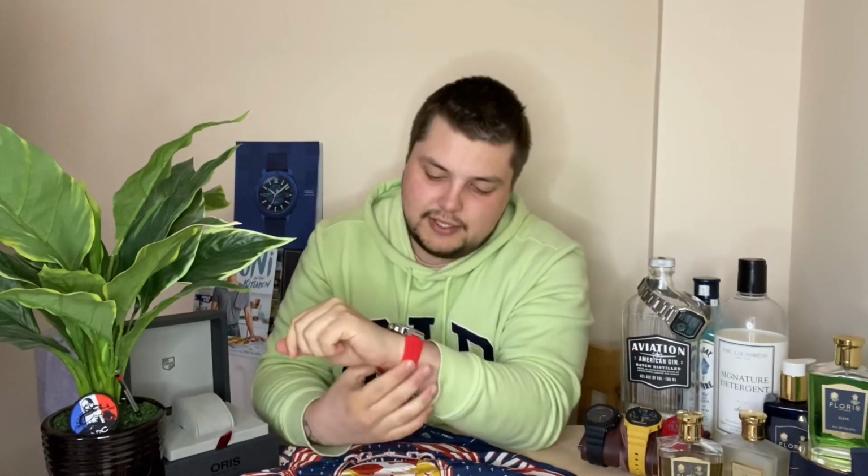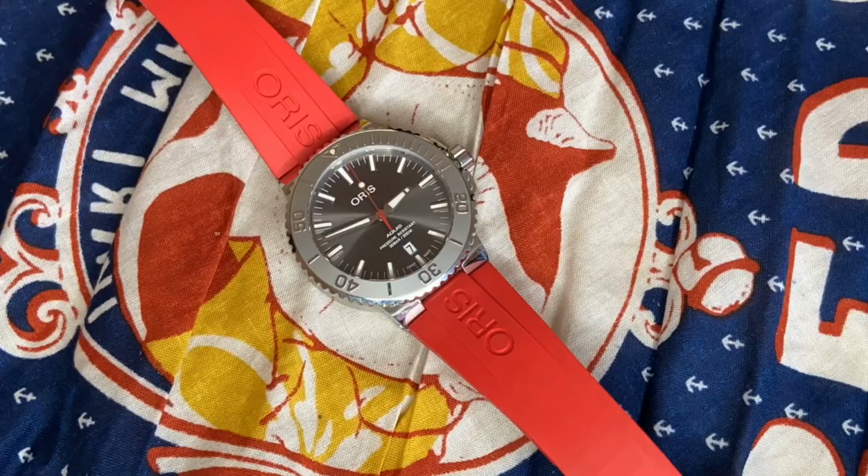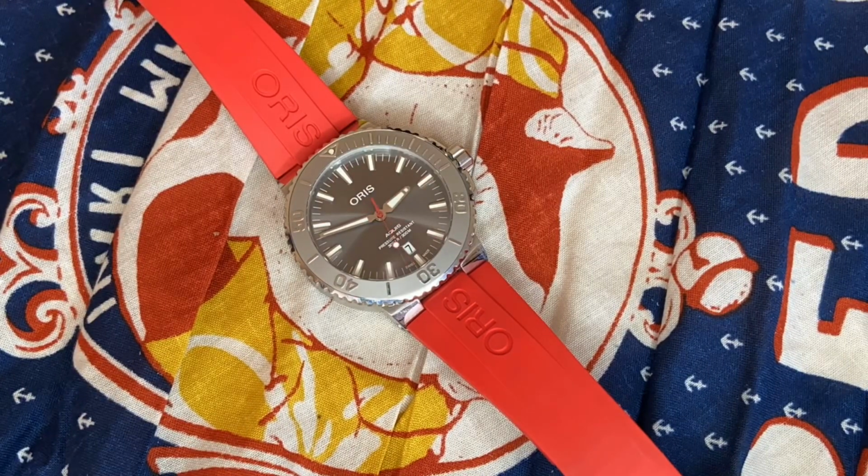One of the big things that I love about this watch is the shape of the case. It also means that the 43.5mm diameter just absolutely disappears, and it fits absolutely perfectly. So I really love the dial on this watch. I'm not normally a huge fan of grey or sunburst dials, but I think in this context it actually works really well. It really does invoke the icy lake inspirations